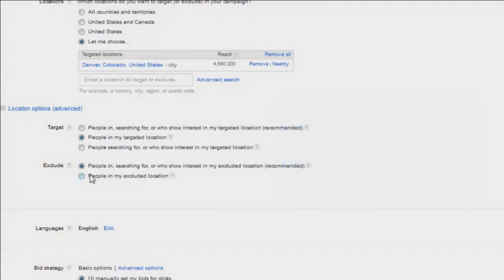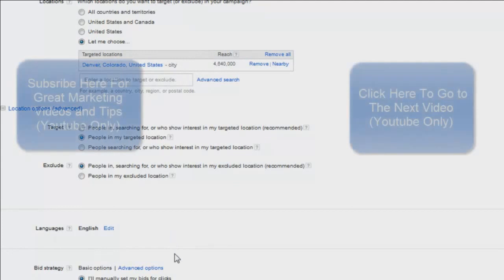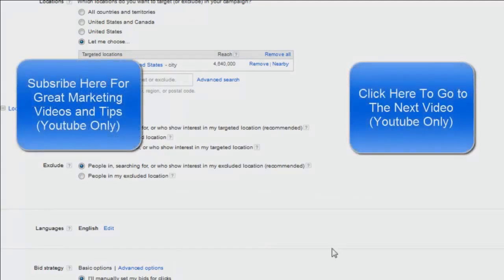Another option you do have is you can actually exclude. So I can actually exclude locations, and generally I recommend that if you're going to add in exclusions, you do it afterwards. After you create a campaign, you can go in behind it and add in an exclusion. So if I was targeting all of Denver, but you know what, there's this one particular zip code I don't want to target, you can actually add a zip code to an exclusion list. So you're targeting everywhere in Denver but that one zip code. And that's another way of really trying to simplify the process, so you can bid on everything but you can exclude one